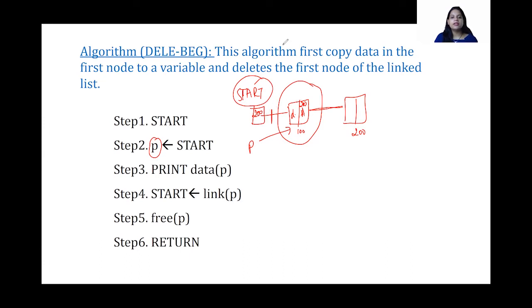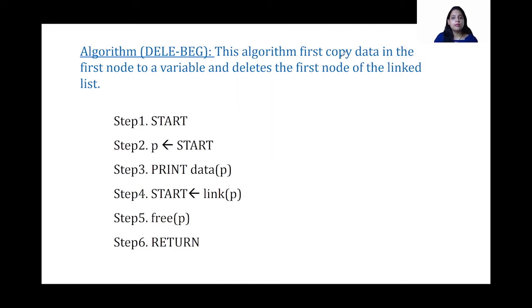But when I say that, this particular link is going to get removed and a link is going to get established over here. Now don't forget, we still have this link here. So what are we going to do? I'm going to say free the p, which means I am freeing this particular node. This node gets deleted and a link is established between the start and the second node. So this is how this algorithm works. This is a very simple algorithm. Deleting in the beginning and deleting at the end is very simple.